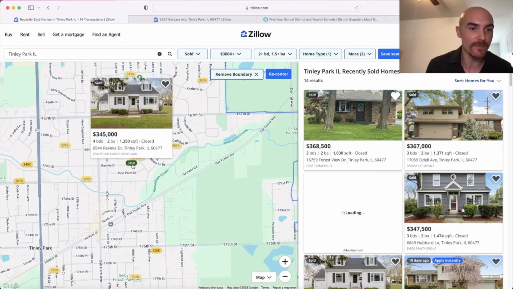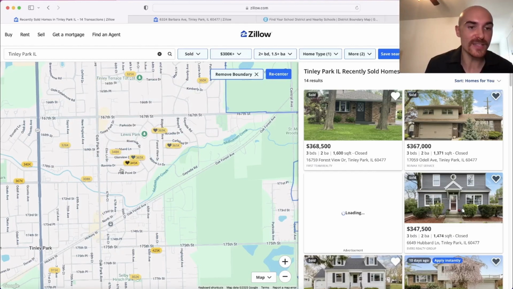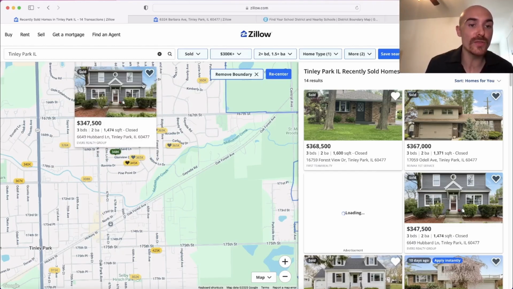Now let's take a look at that. This one, 4 bedrooms, 2 bathrooms, 1,350. Sold for $345,000. This would be also something I want to take a look at. Now, let's say that this was 5 bedrooms, 3 bathrooms, and say 1,700 square feet. Well, I'm not going to want to look at that any further because I already know that that is not comparable enough, and that's pretty much out of our league, so to speak. But I'm going to add this to the list, and then I'm going to continue to do this until